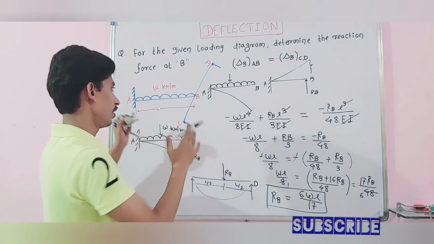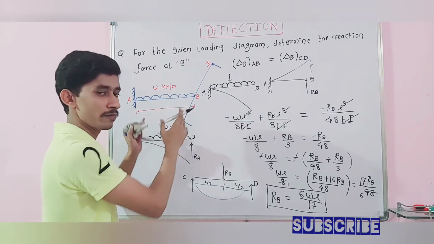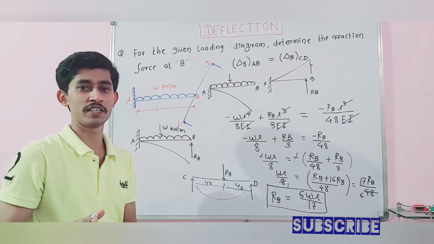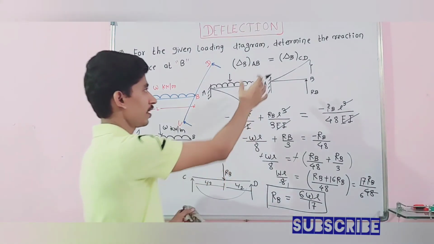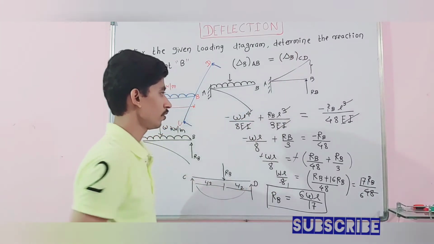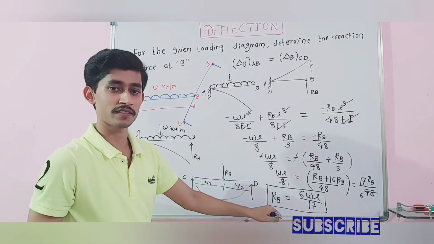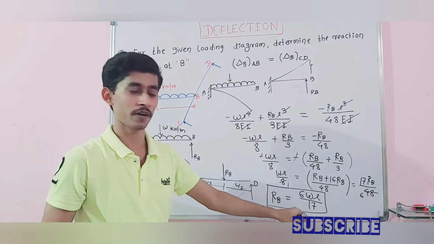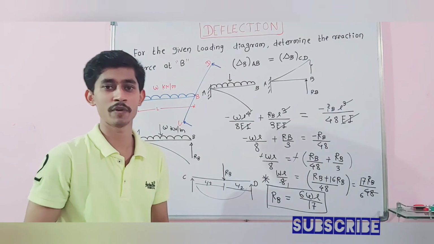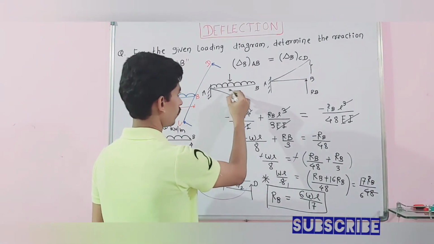If you calculate the deflection due to the AB section, that must be equal to the deflection due to the CD section, and we can write here deflection due to AB is equal to deflection due to CD. So after writing this, you will get the ultimate reaction RB, that is 6WL divided by 17. Okay, so this is a very important concept. Remember, you have to take the directions. Due to the minus, this will be a minus.